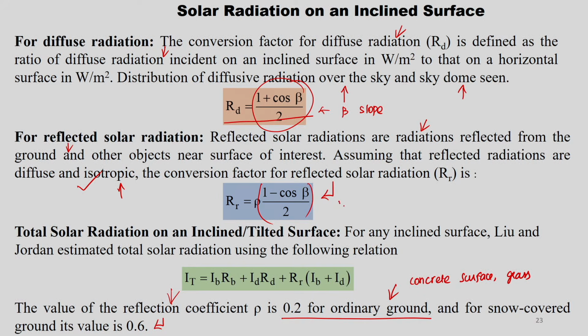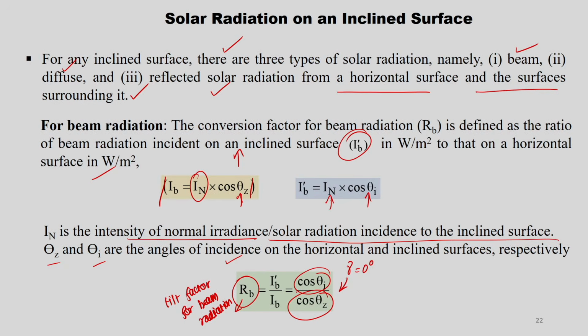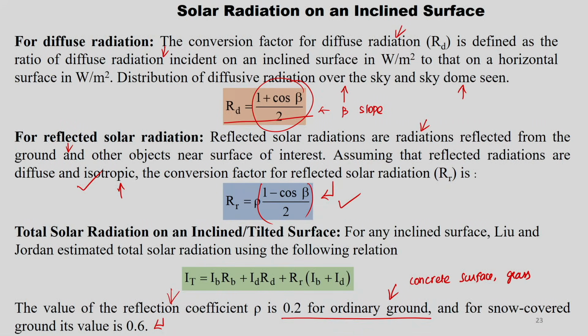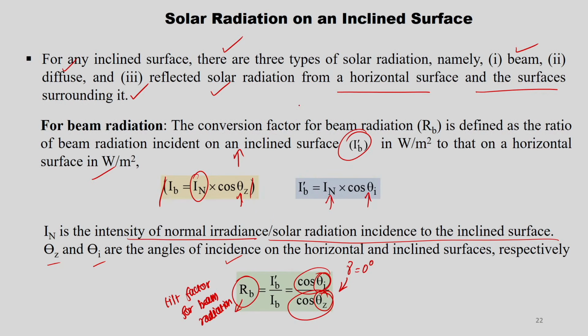So, RD is defined, RR is defined, and here when we calculate RB, we need to be careful about which angle of incidence and zenith angle, which surface, whether it is a horizontal or inclined surface having a certain inclination angle. And theta z also, we have given the formula for the northern hemisphere, so that we should keep in mind. But RD and RR would be the same for all surfaces, because they include only beta, but RB includes the angle of incidence as well as the zenith angle. So, one should be careful while calculating.